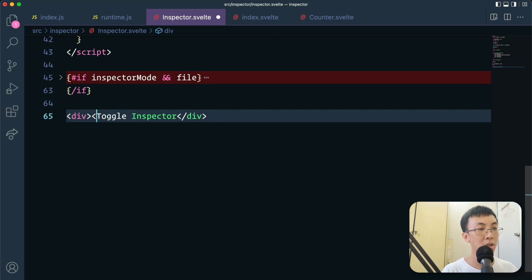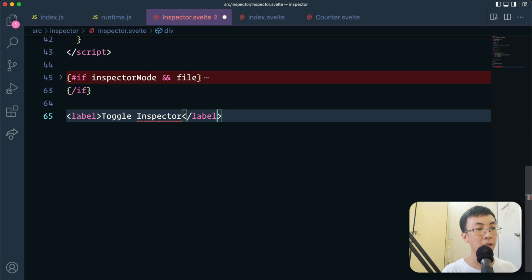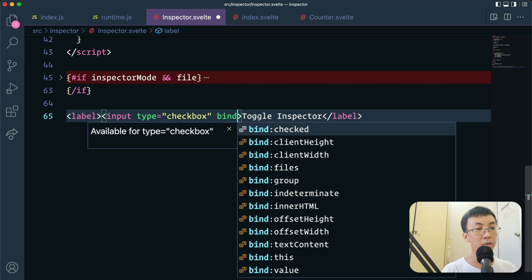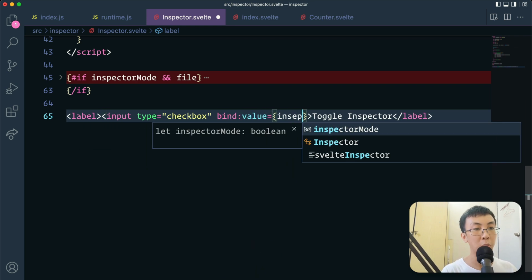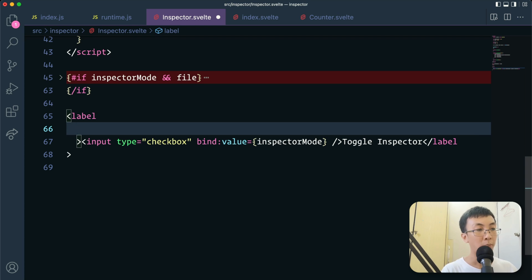Label. Sorry, I should use label instead. Label. Because we're gonna add a checkbox within itself, right? Input type checkbox. Toggle inspector. Bind value is the inspector mode, and we're gonna have this at the